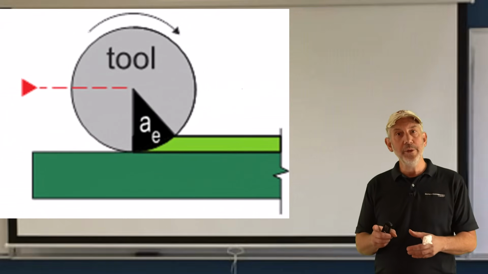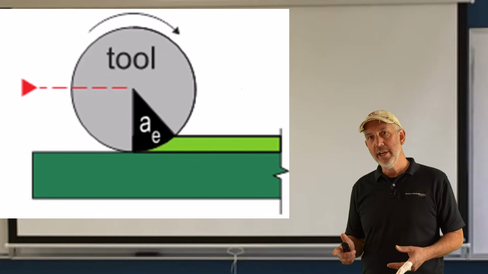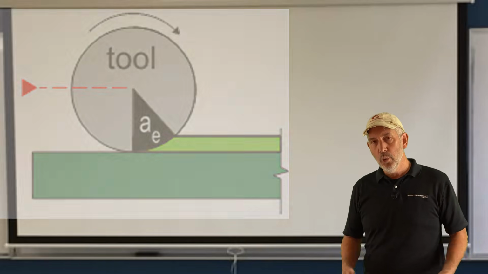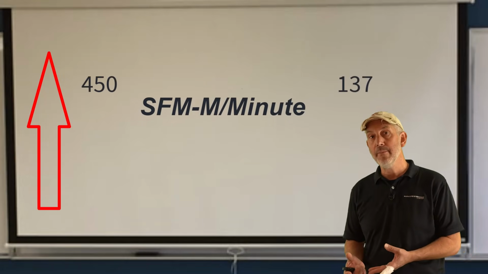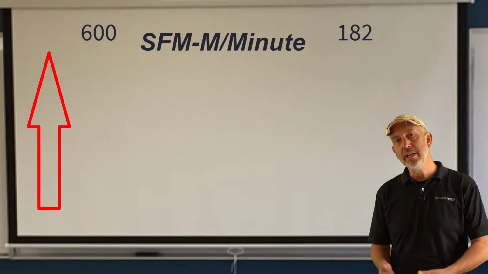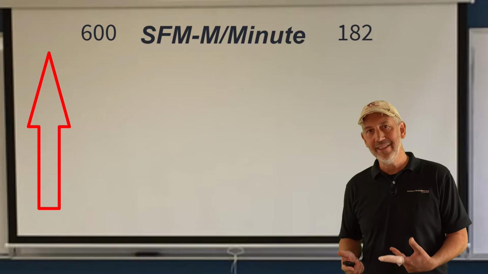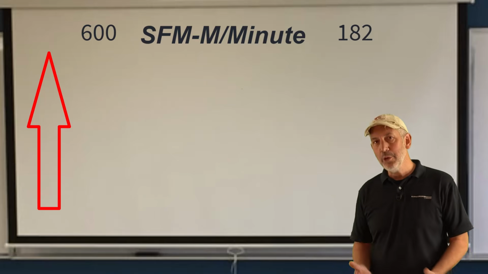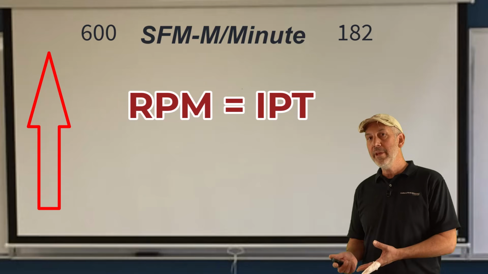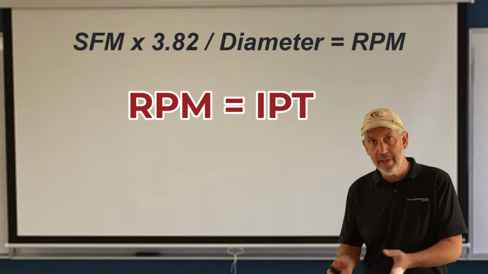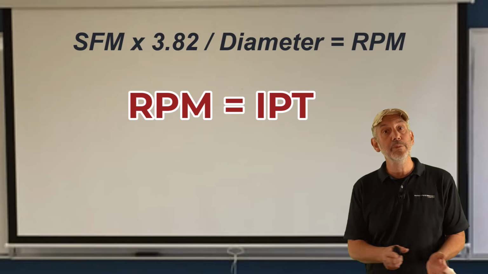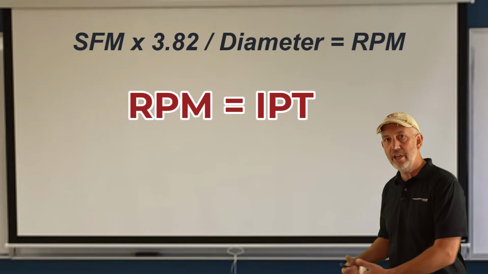Now, when we do that, and we take a lighter radial, what do you think we can do? We can accelerate our surface foot, our SFM. We can accelerate our RPM because we have less heat at the cutting edge. And when we accelerate our RPM, it controls our feed, right? Surface foot is RPM, RPM is feed, inch per tooth, therefore we can feed it faster.